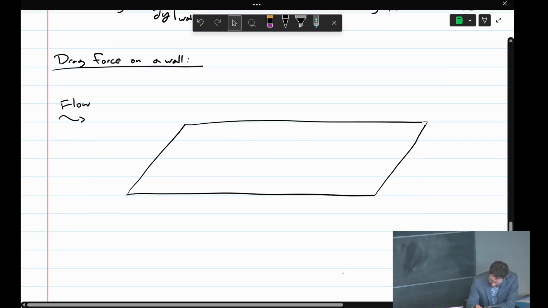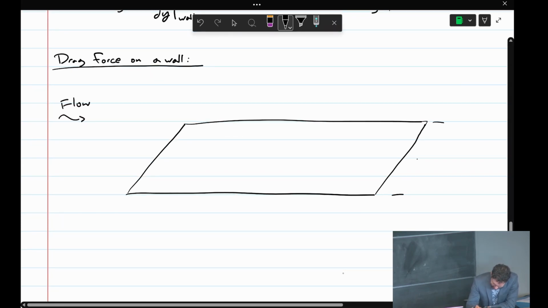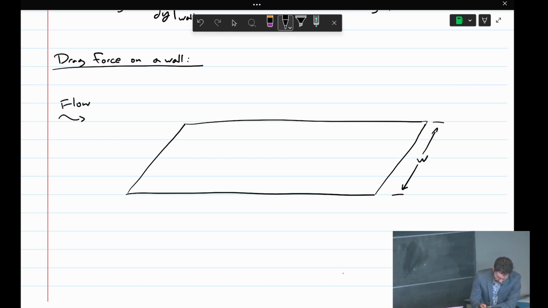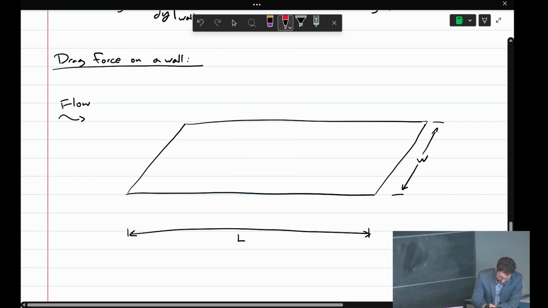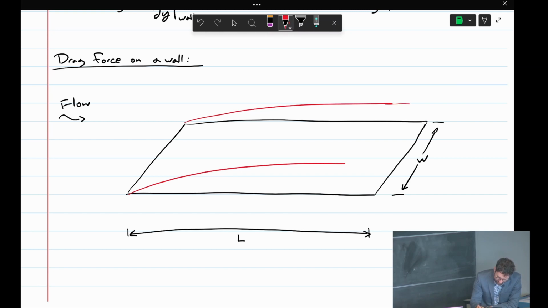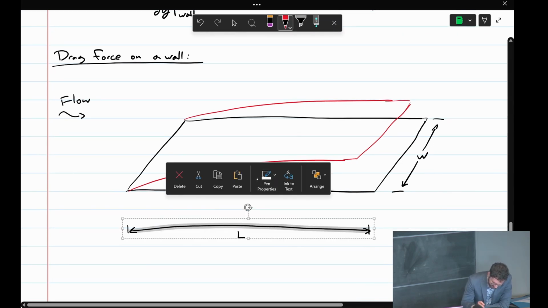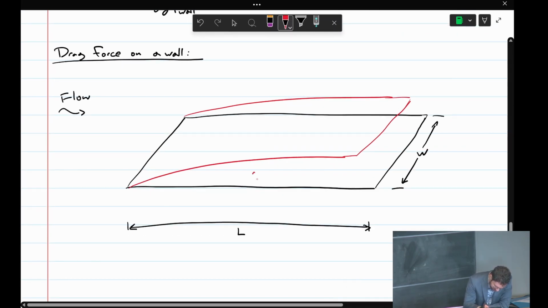The width of this plate is going to be W, and the overall length is going to be L. We know by now that we get this boundary layer forming along the surface of this plate. It keeps growing. I'll cut it off there, but it does keep growing, as you know. So delta X is the thickness of this